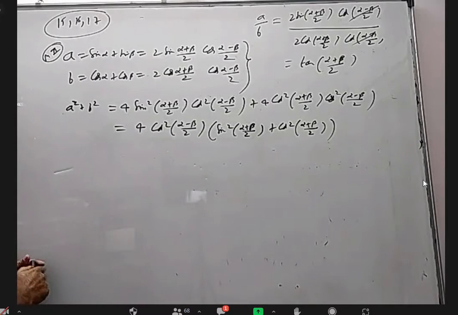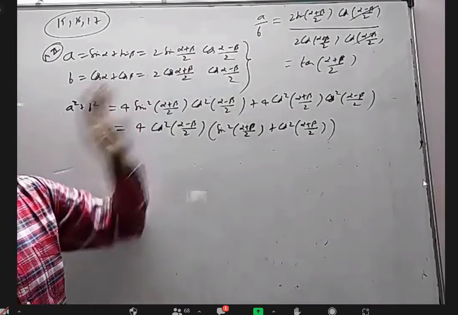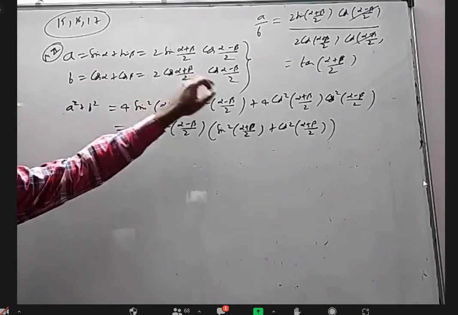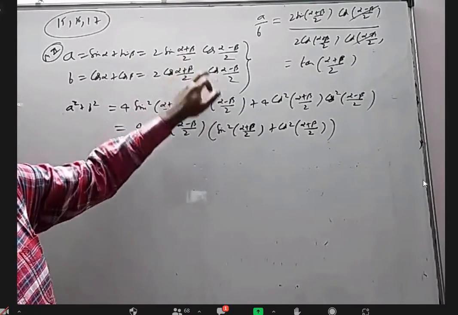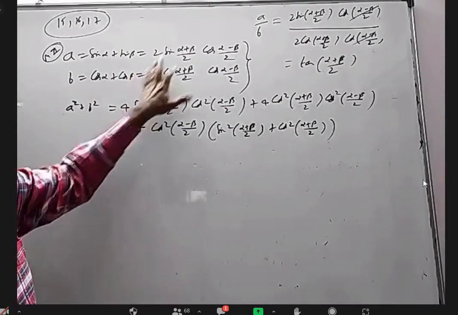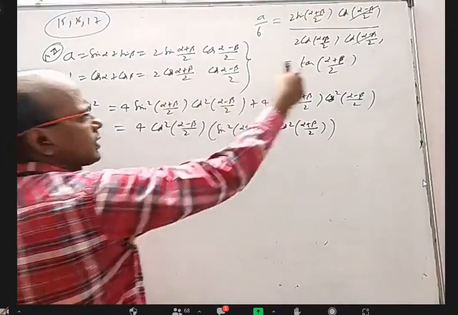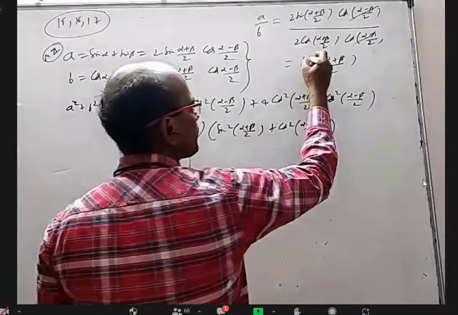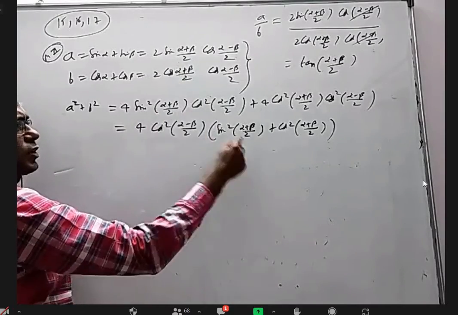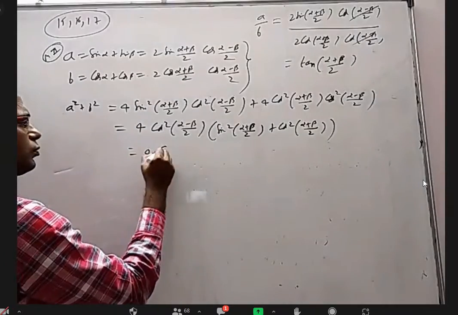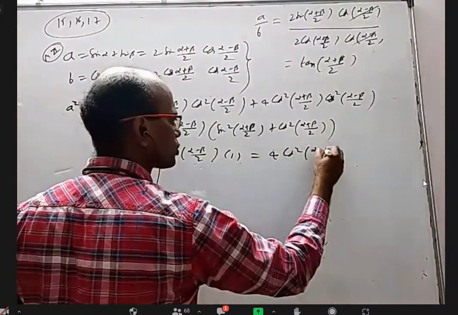Okay, now see, when I apply transformations here, sin c plus sin d is 2 sin c plus d by 2, cos c minus d by 2. Cos c plus cos d is 2 cos c plus d by 2, cos c minus d by 2. Now, if I wanted this one, I have to square and add, so that this square plus this square becomes 1. If I don't want this, if I divide, they'll get cancelled. That's what I've done. When I divided, this and this got cancelled, I got tan alpha plus beta by 2. Sin by cos is tan. When I square and add, this will get common, and this square plus this square became 1 here. That is 4 cos square alpha minus beta by 2 into 1, which is 4 cos square alpha minus beta by 2.